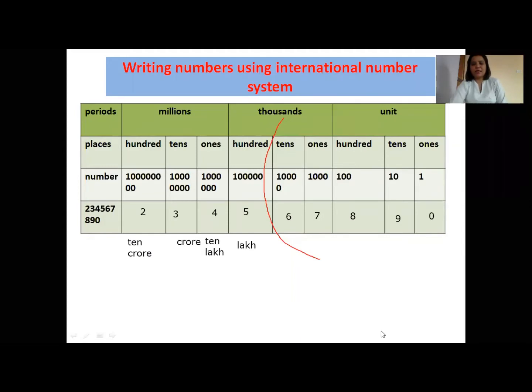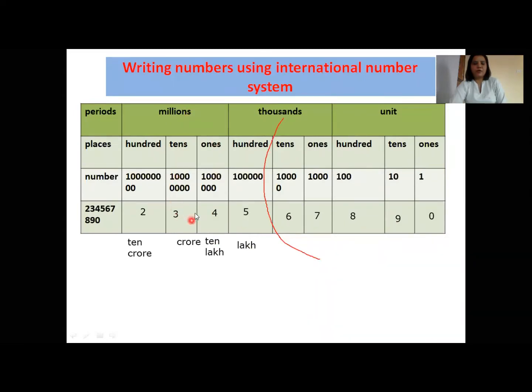Now we can see here we have the same place value of the number till 10,000s in both the systems, but the place value of the number differs after 10,000s in both the systems. Here, the place value of 5 in the Hindu-Arabic system is lakh, whereas the place value of 5 in international system is 100,000. Similarly, the place value of 4 in Hindu-Arabic system is 10 lakh, whereas the place value of 4 in international system is 1 million.